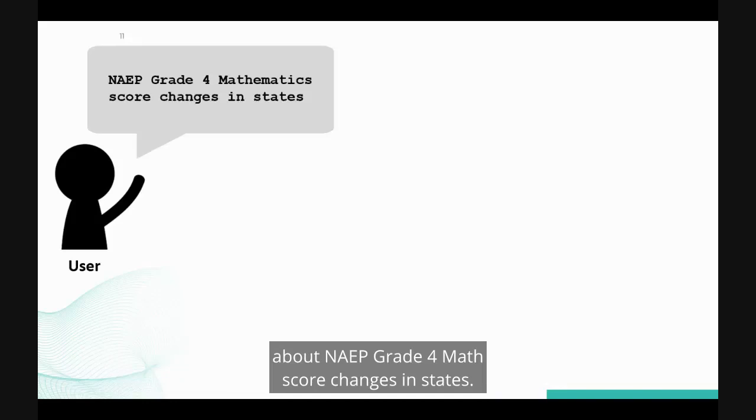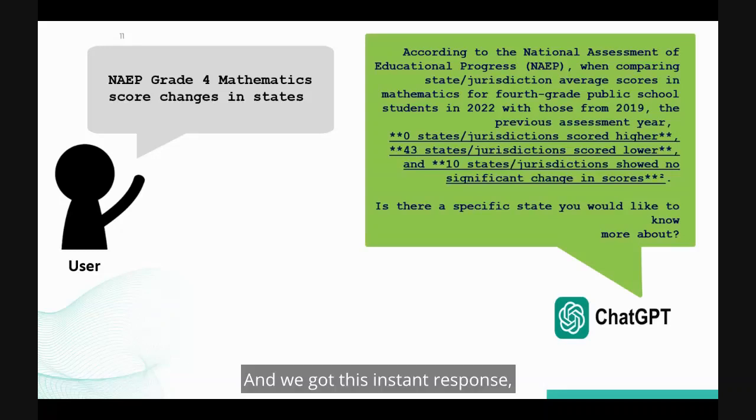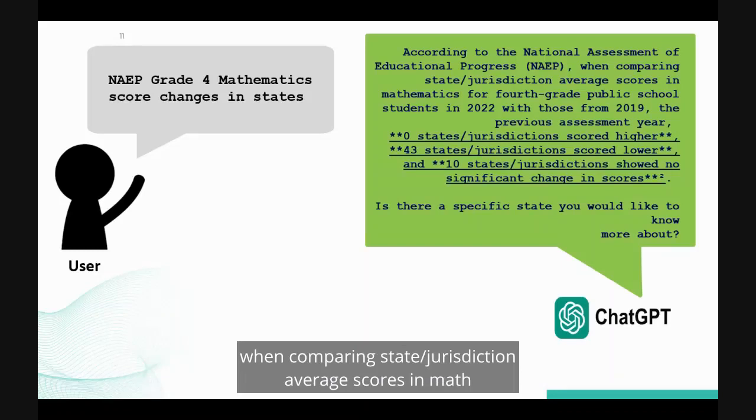So we went to ChatGPT's user interface that has ChatGPT 4.0, the latest version, and we asked it to tell us something about NAEP grade 4 math score changes in states. And we got this instant response, which was, according to NAEP, when comparing state jurisdiction,